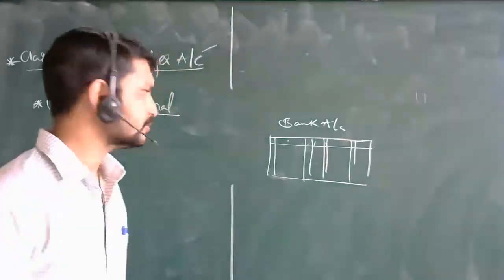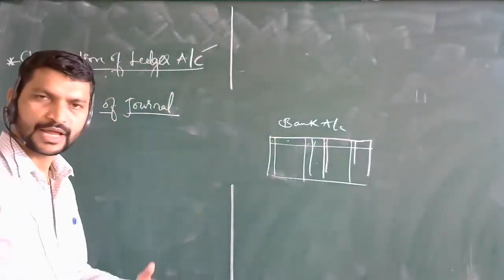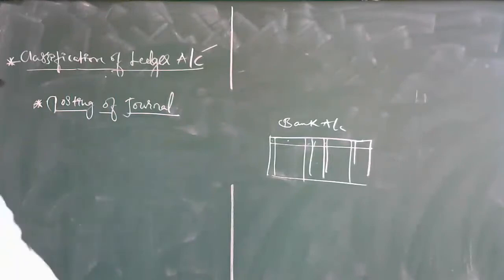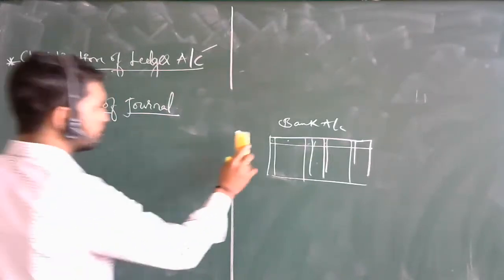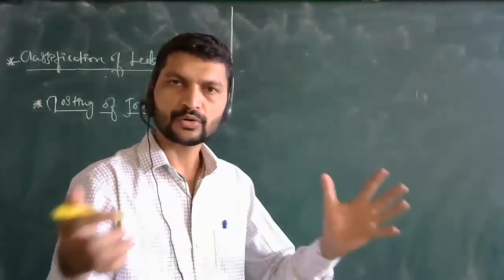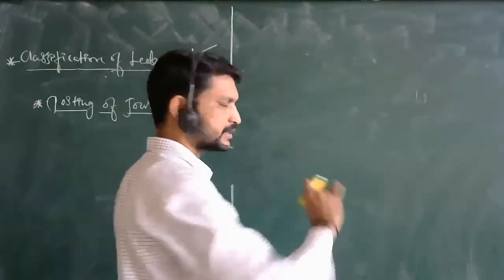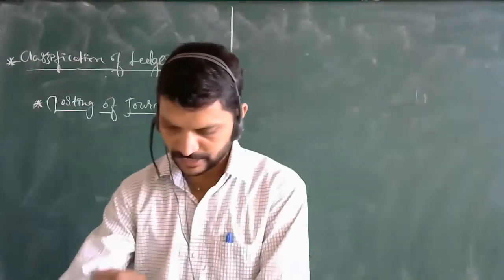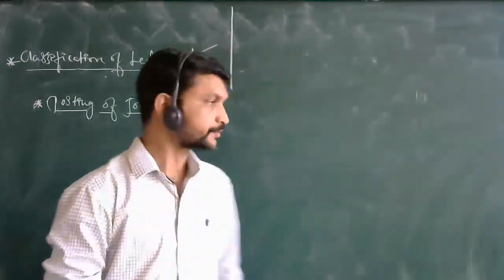Now journal accounts are posted to the ledger account, that we understood. Now if there is a process, the steps which are being followed, we are going to see here. All the transactions related to one account are grouped and taken at one place, that we call posting of accounts. Then let's see. First step, step 1.